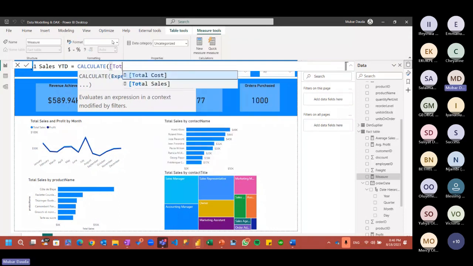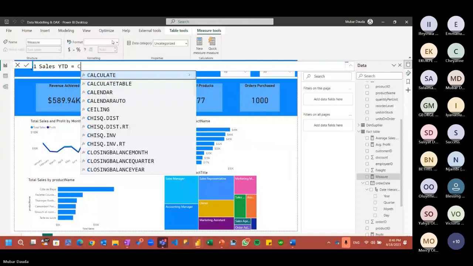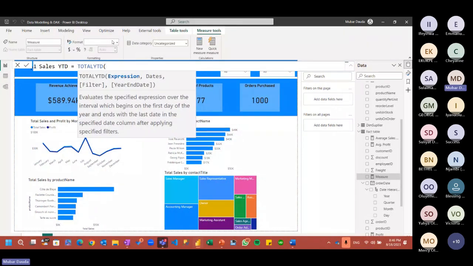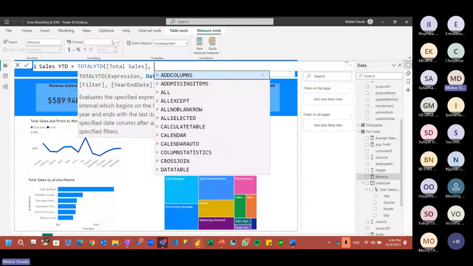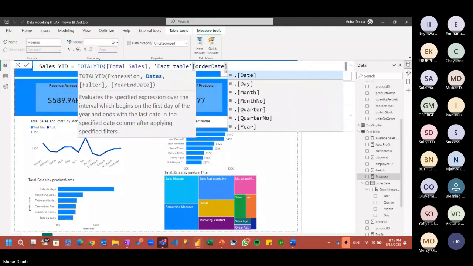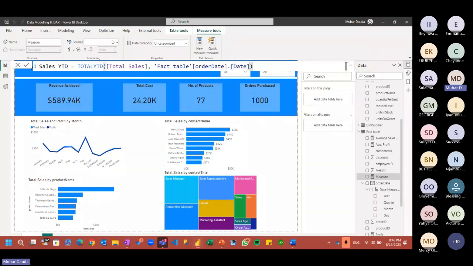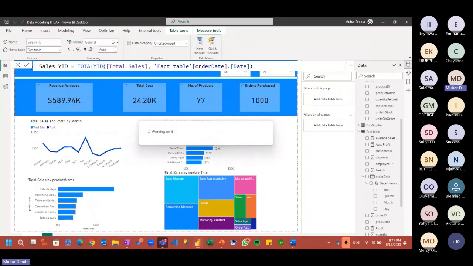TOTALYTD of total sales and the dates. Yes. And then you do last year sales. You do